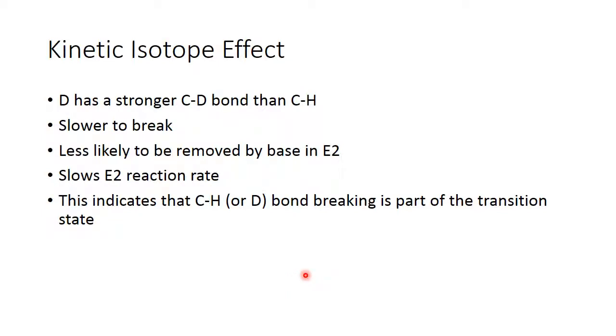But my point in introducing deuterium is its stronger bond. Realize that this is important because there are times that you might be tested on remembering that the carbon-deuterium bond is stronger. So if you have two options and they're identical except that one is deuterium and one is hydrogen, the carbon-hydrogen bond is more likely to